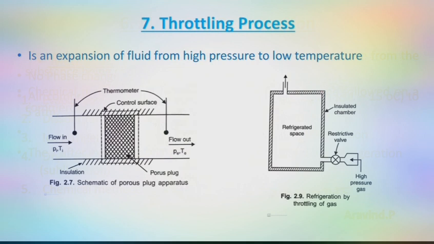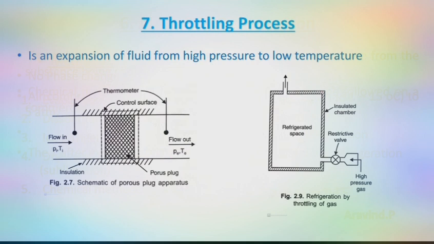Here a stream of compressible gas is made to pass steadily through a porous plug placed in an insulated, horizontal pipe. The upstream conditions, pressure P1 and temperature T1, are constant, and the corresponding values at the exit are measured. The friction of the narrow passage causes the pressure to drop to the exit pressure PE, which is lower than the intake pressure, the initial pressure P1.